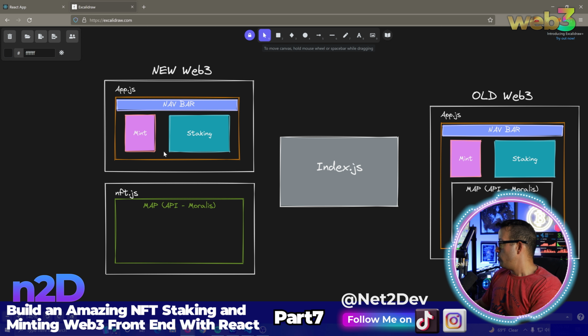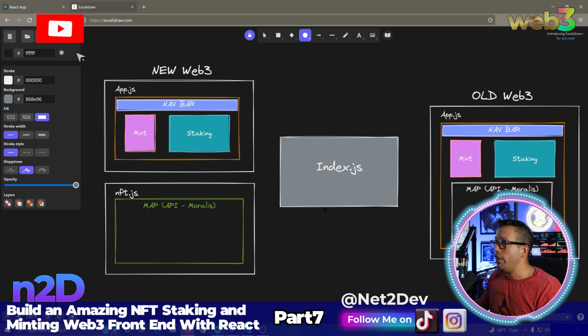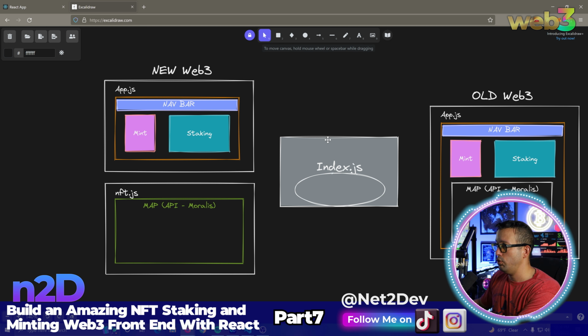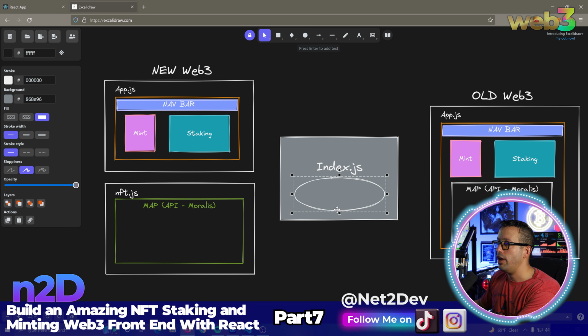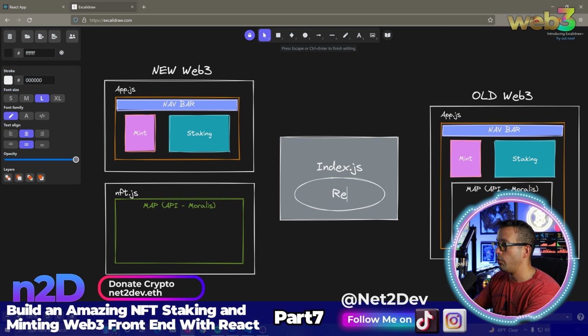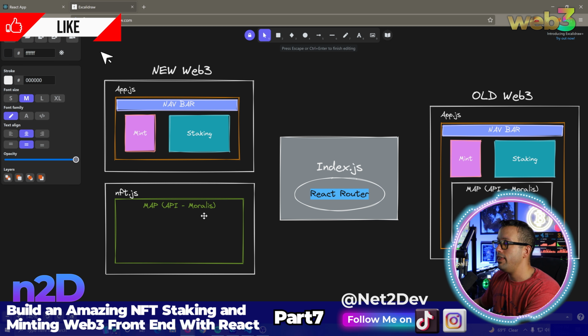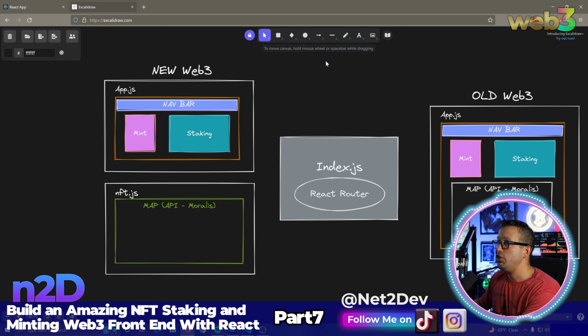So what I have to do now is implement something called the React Router. I am going to add something into index that will allow me to render different pages and still display them on the same app. And you're going to see how we are going to do this. There's a tool or functionality in React called the React Router, and the React Router will allow me to communicate